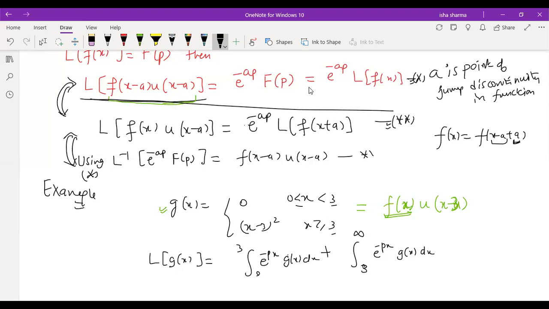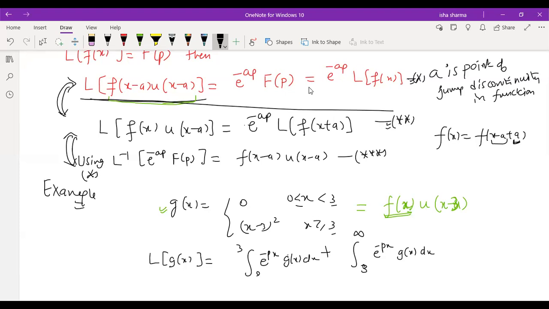So we now have these three expressions which will be used in the questions as needed. All three are statements of the second shifting theorem only. They are equivalent. Depending upon what we need, we will use them. The second shifting theorem sometimes will be used to find the Laplace transform of piecewise defined functions, and in some cases for finding the Laplace inverse of certain kinds of functions, right? So we will do all kinds of questions and then we'll see how to use them.